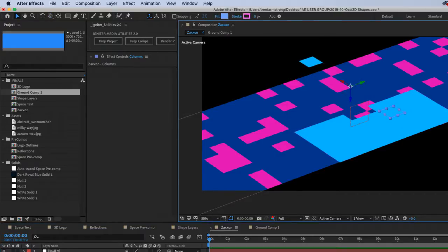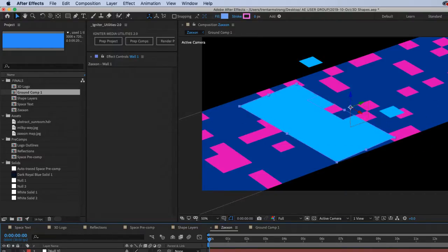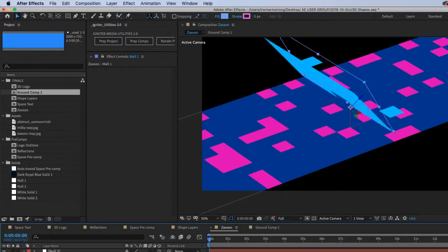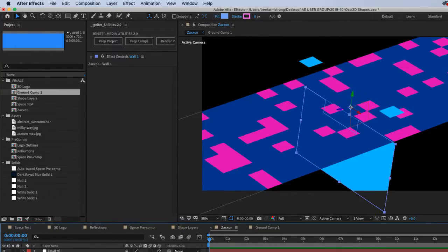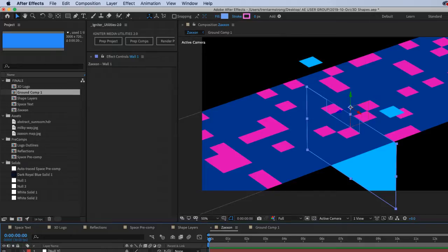That, and the wall needs to go this way, so 90, and then it needs to go like that, but that's the wrong way, so we'll go 90 this way, change the anchor point.